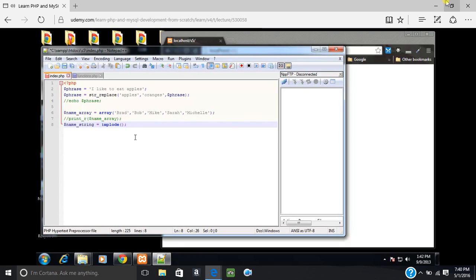Now when we implode an array, it takes two parameters. The first one is, what do we want to separate each value with? We put this in quotes, and let's just say we want them separated with a comma. The next parameter, which is why I'm putting the comma here, is the array. In this case, it's name array. Now if we come down and echo out name string,